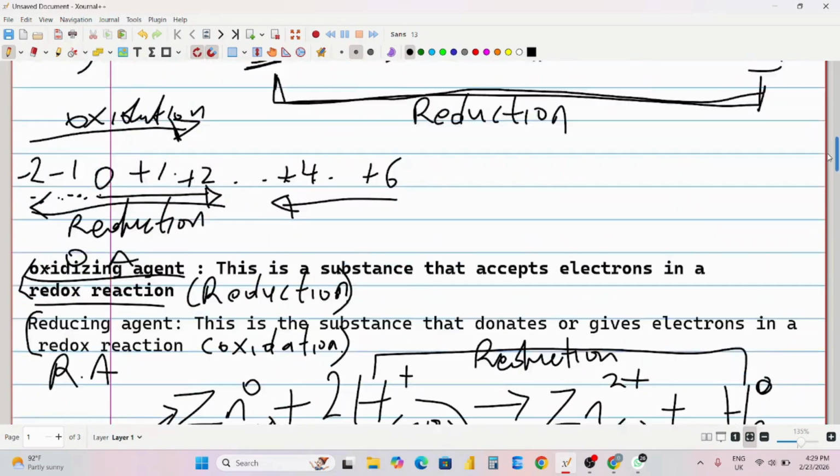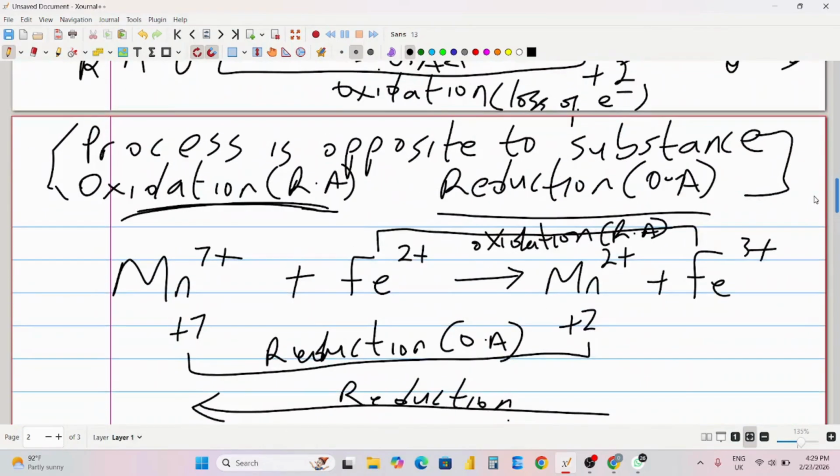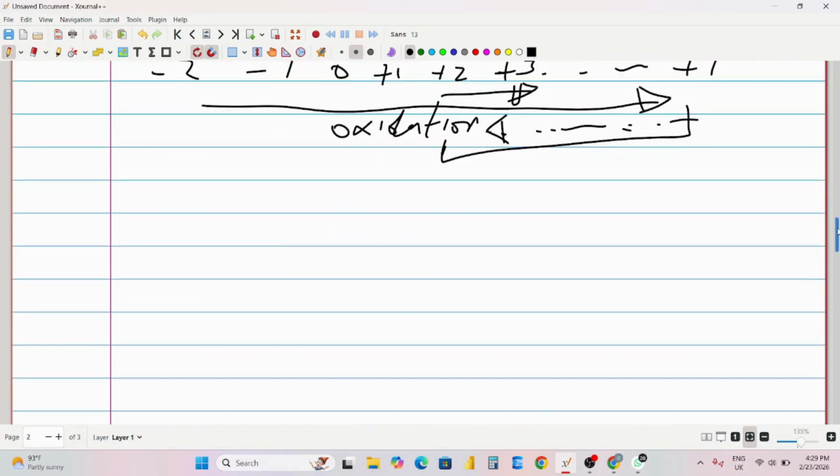Okay, if what is undergoing oxidation is a cation, for example this situation here, it will look as if the oxidation number is what is increasing. Are you following now? That is if what is undergoing oxidation is a cation. But if what is undergoing oxidation is an anion, for example, if I want to rewrite this equation for you using iodine, I would write it like this. I would say manganese 7 plus. Now I would show that,